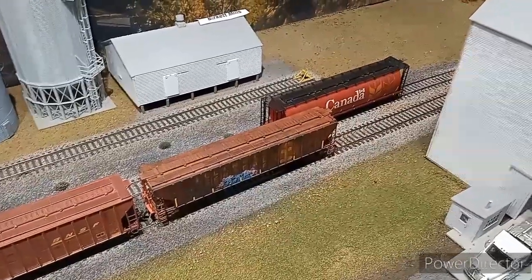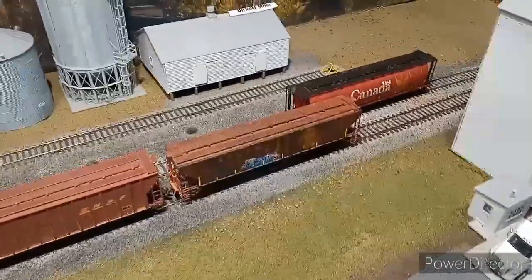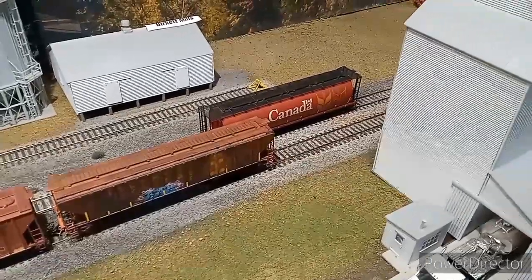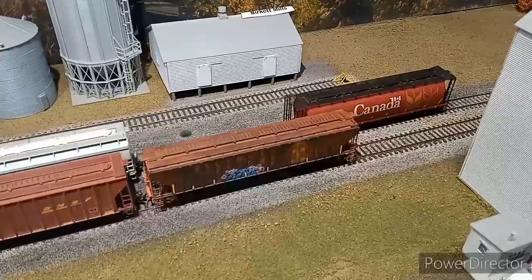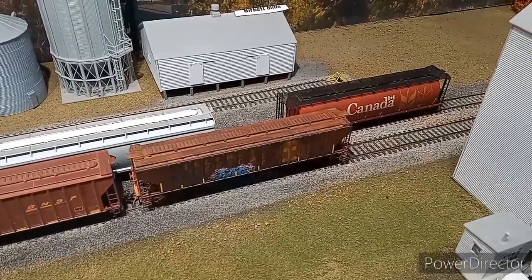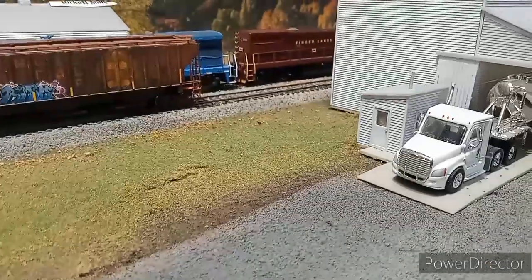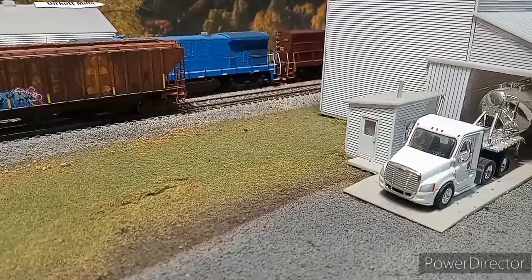It is spotted away from the elevator. I do not know exactly why that is. You can see the doors there at Burkett Mills. That's because they also have a warehouse there that used to receive box cars. They do not anymore. Now here we're shoving the whole thing through the switch and connecting it into our shoving